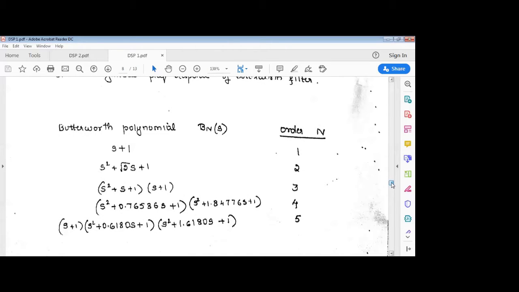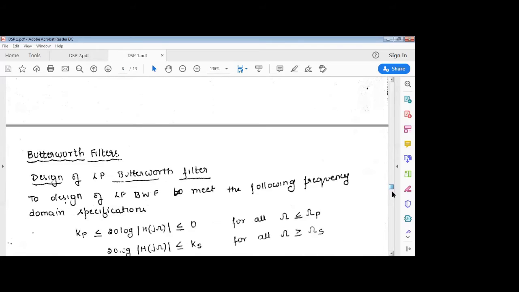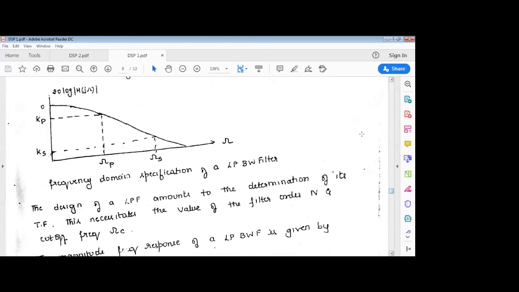So the first thing, we will try to design a low pass Butterworth filter. To design it, of course, what are the things we have to consider? For designing a low pass filter, the given parameters may be Kp, Ks, ωp, and ωs. But for designing a low pass Butterworth filter, first we will design a normalized low pass filter, then we will convert the normalized low pass filter into the required low pass filter. For this conversion, we have to refer to a standard table which has been given.